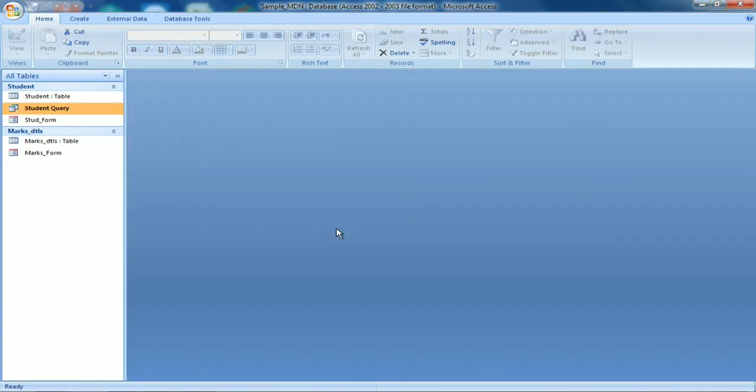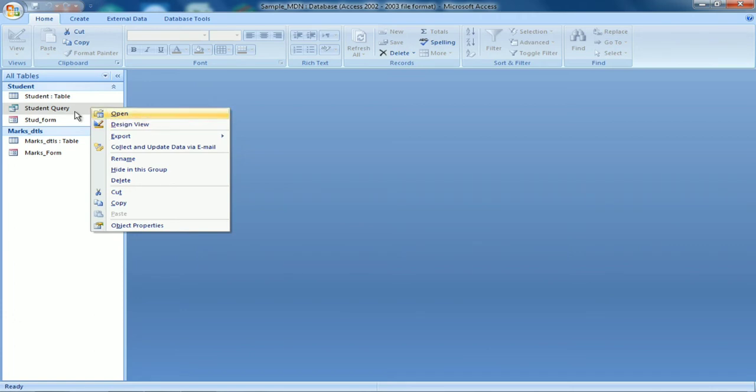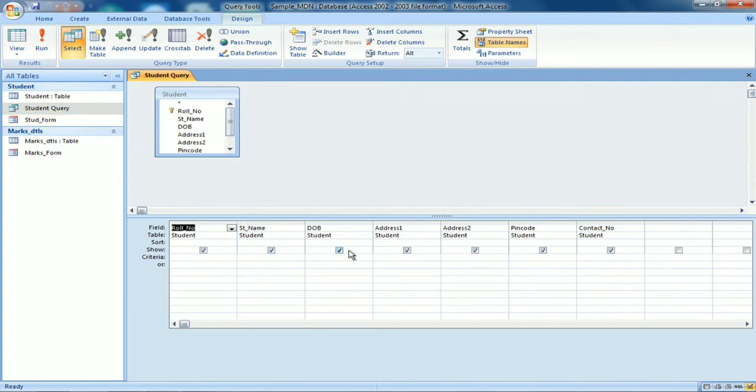Yes. Now suppose I want to modify this query. Again I right click, design view. Now I do not want to see address 1, address 2 and contact number. I just want to see roll number, student name, date of birth, pin code. That much I want. So I have switched off the tick marks from here, so it will not show. Here the line says show. That means the fields with a tick mark, those field names and those records will be shown.